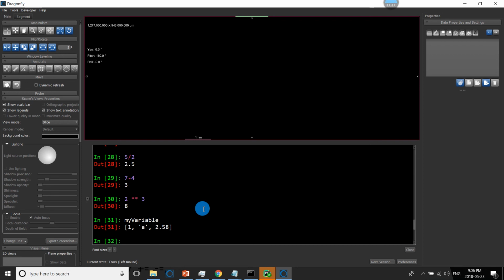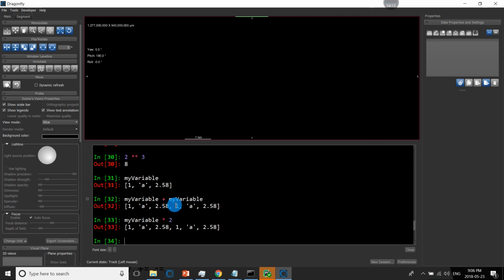Okay, so this is for numbers, but these operators can also work on other objects. So for example, earlier I created a variable called my variable. This is a list. I can also add two lists together.